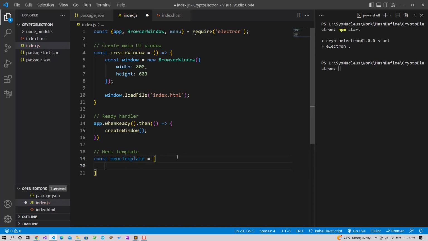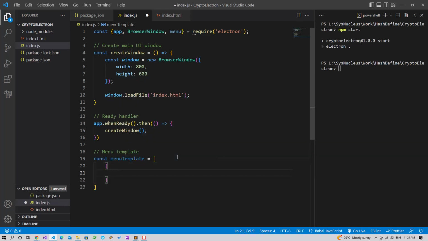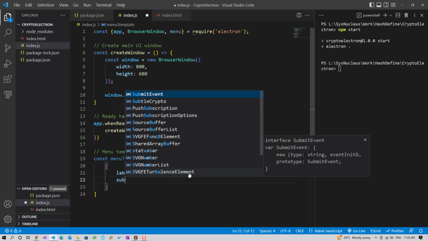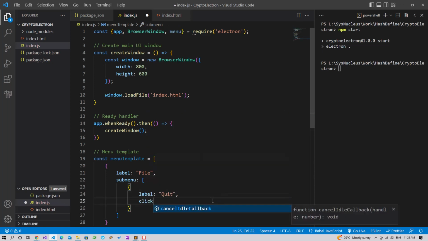So this is an array of menu items, and first we will need a file menu, which is a main menu, which will have sub-menu items, which will again be an array of objects. And our first sub-menu item under file will be quit, which will be used to quit the application, and clicking which